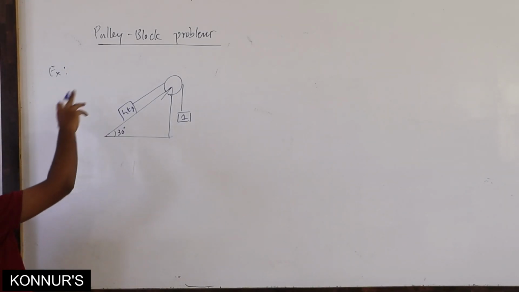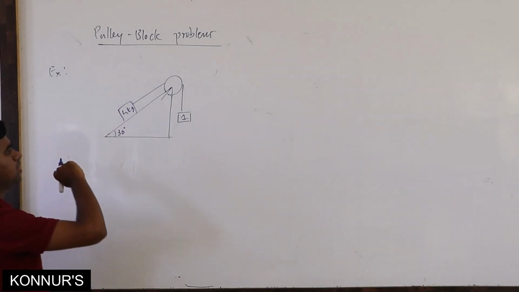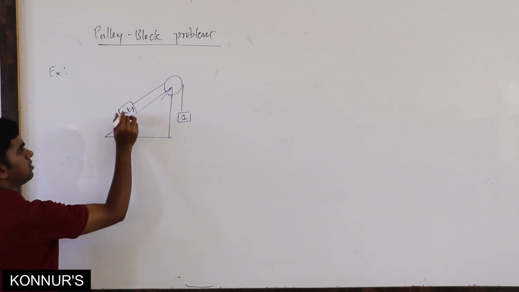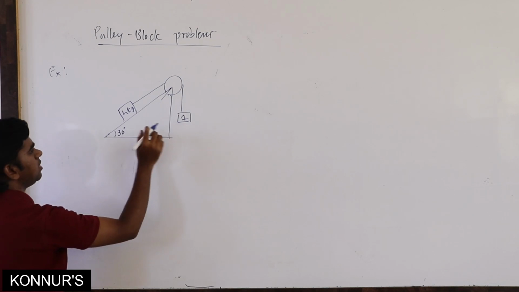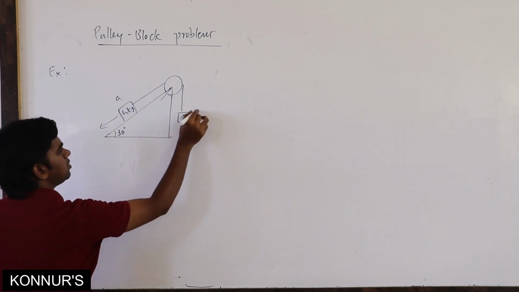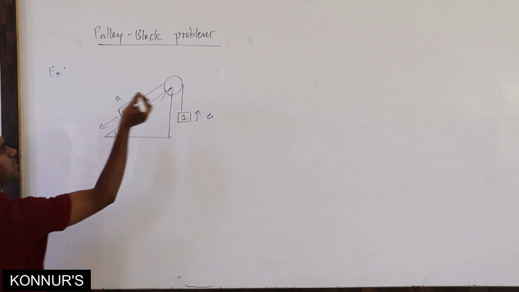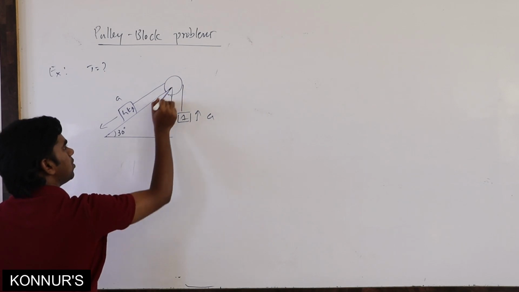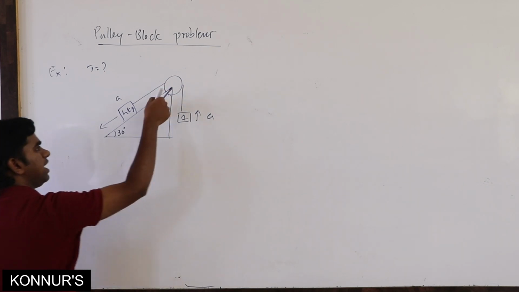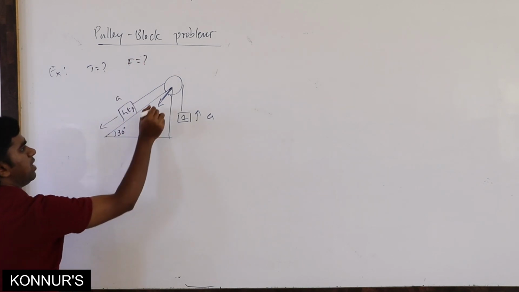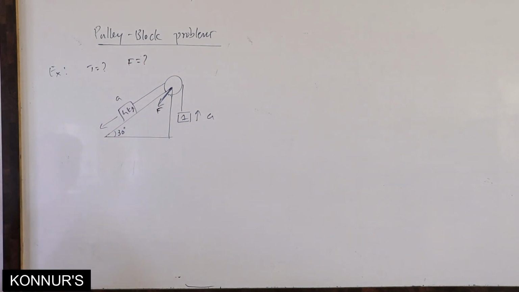So next example on pulley block problems. Here a pulley is connected to the inclined surface. Here mass 4m is there, 1 kg is there. So obviously it will move in this direction, take acceleration A. So this will move in this direction, acceleration A. What they may ask is tension, or they may ask what is the net force acting on the block by the pulley. That also they may ask, this force they may ask. So how can we solve this one?